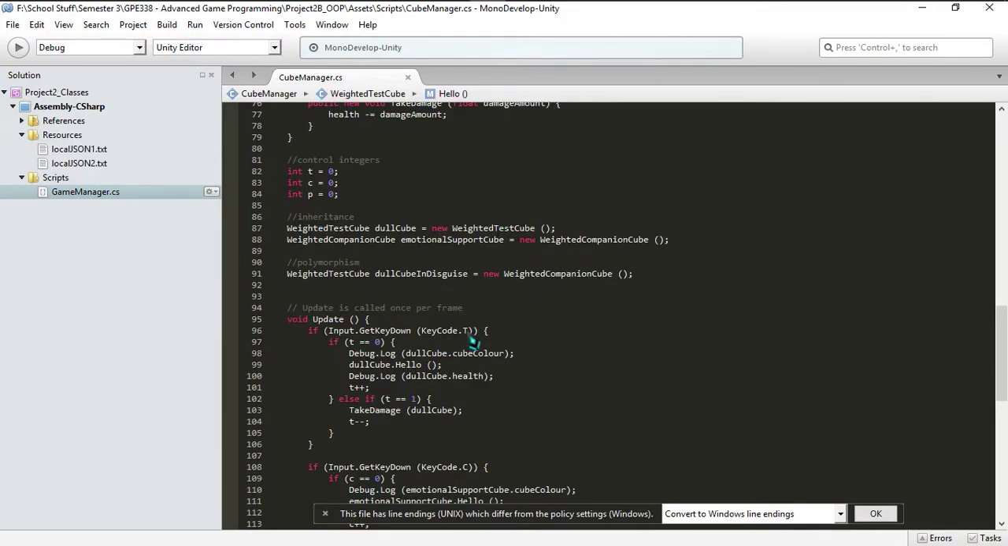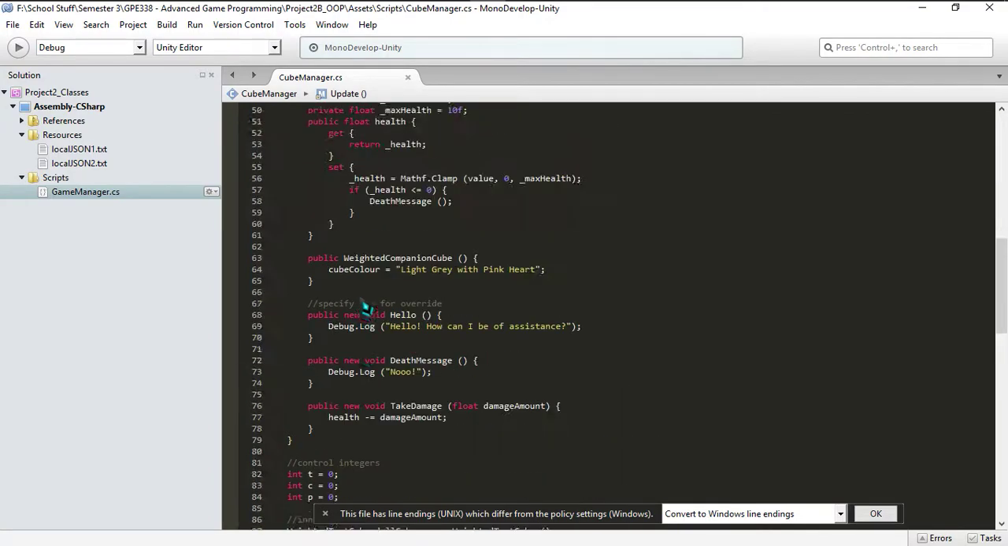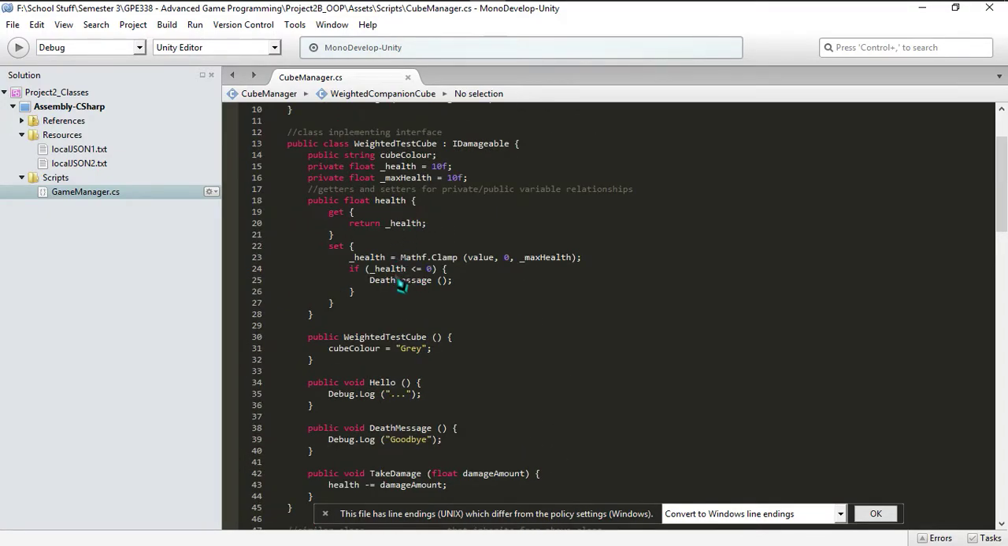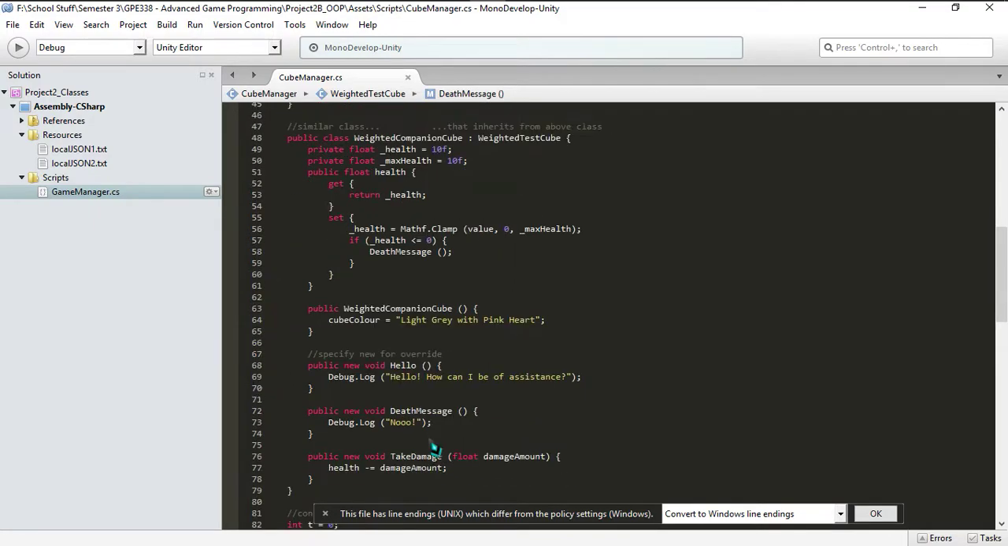Now when I press T for the test cube, it will spit out the color, do the hello message, and its health. When I press it again, it will take damage. When damage has been taken in the classes, if health gets to below or equal 0, it should display the death message specific to the class. For this class, of course, the neutral goodbye. For the companion cube,